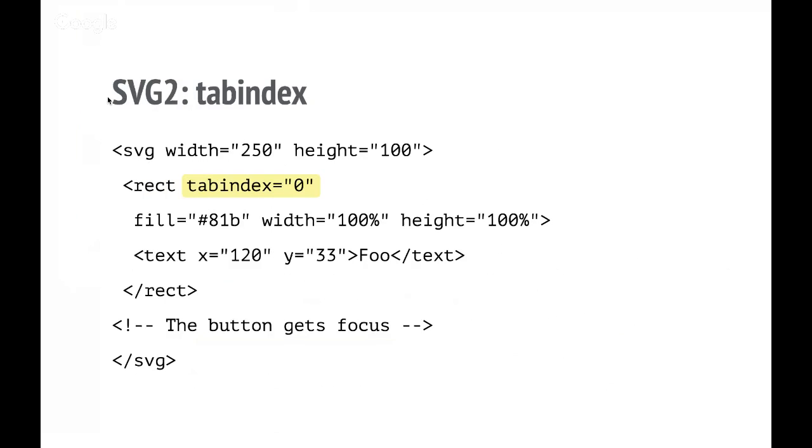SVG introduced, and all browsers have now implemented support for tabindex. This is great. This means that you can use SVG to define, for example, a button. Buttons are rectangular, as we know, so this example has a simple rect element. By putting tabindex 0, you get focus, and that works well. You can put it on anything. You could make it a circle. You could make it a piece of SVG or a part of the element. And the next slide,